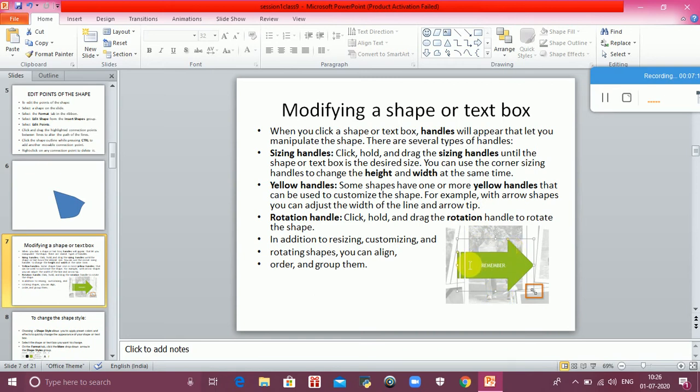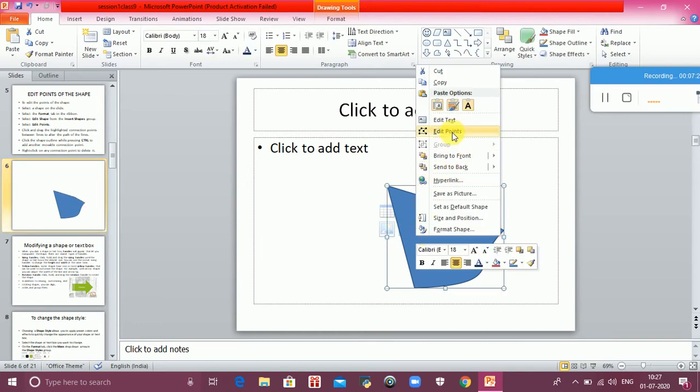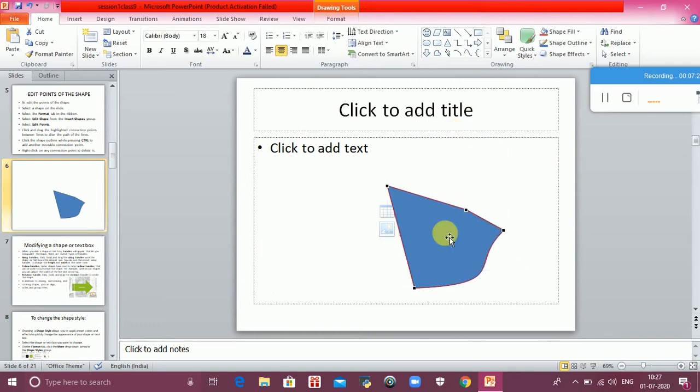There is a yellow handle. In this image we are having no yellow handle. When I am selecting this image, then there is one yellow handle. Okay, let's check the same with another one.